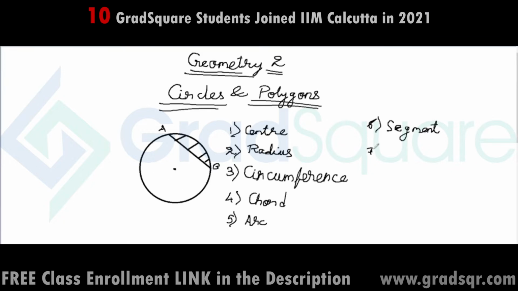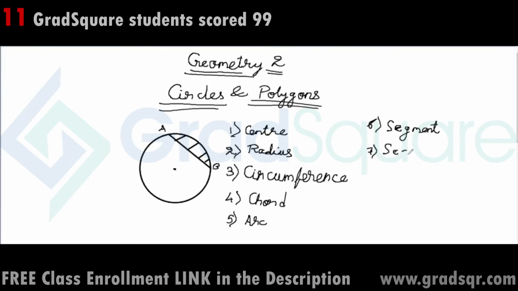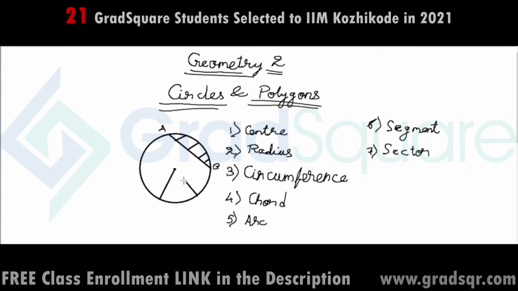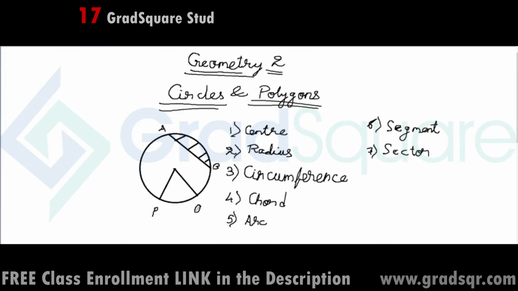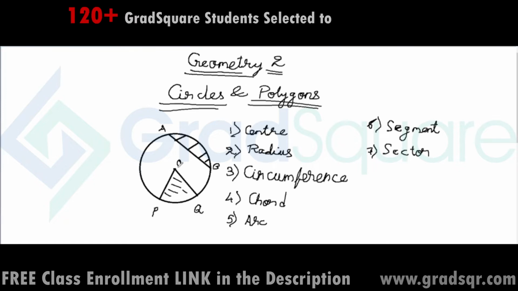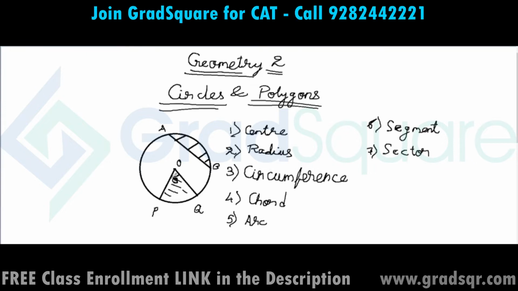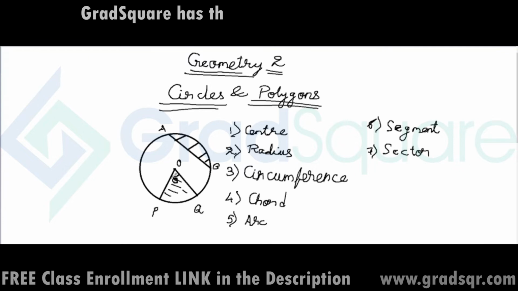Next, we have something called the sector of a circle. A sector is also a section of a circle's area, but it is the area bound by 2 radii and 1 arc. So if I have 2 points P and Q here, then the area that P and Q subtend at the center of the circle is what is called a sector of a circle. A sector is always defined by the angle subtended at the center. So if the question says there's a sector of 15 degrees, that means the angle subtended at the center of the sector is 15 degrees.